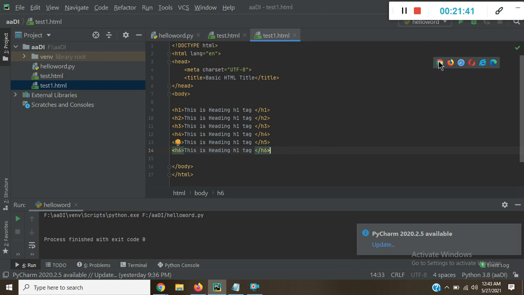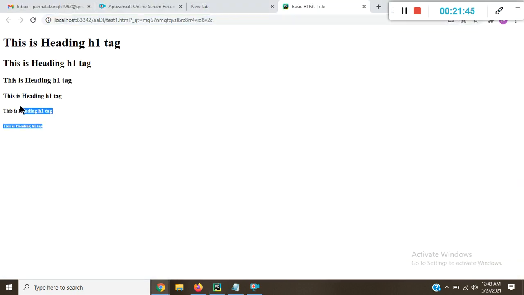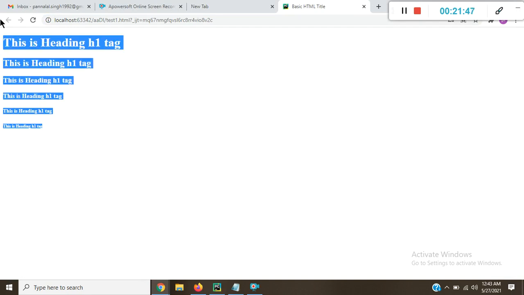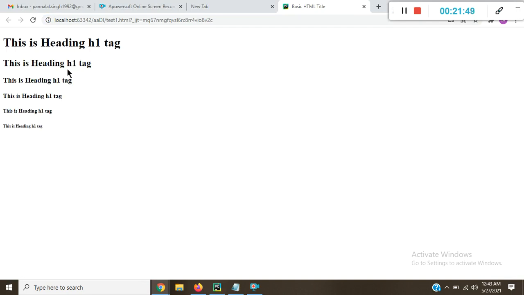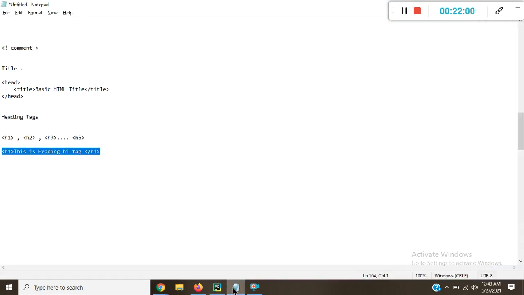Control S and run this program. So you can see the difference from H1 to H6 tags. H1 is bigger than H2, H2 is bigger than H3, and so on, one by one. So these are our heading tags.